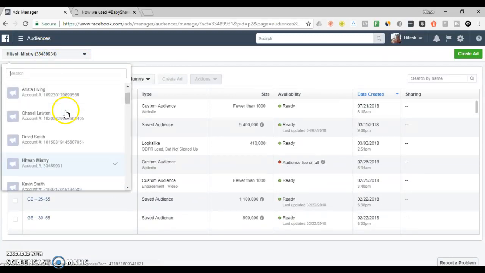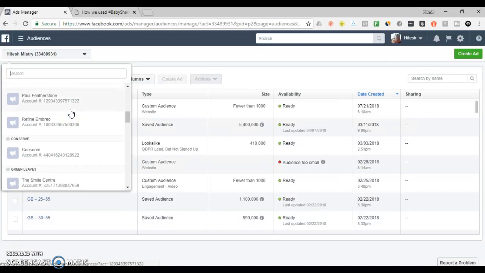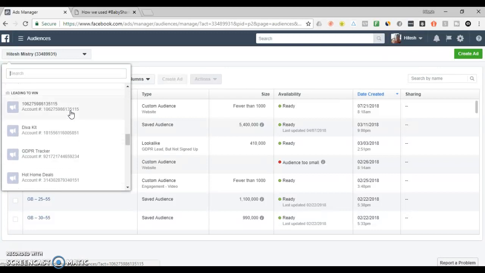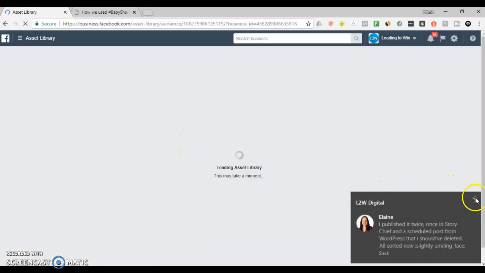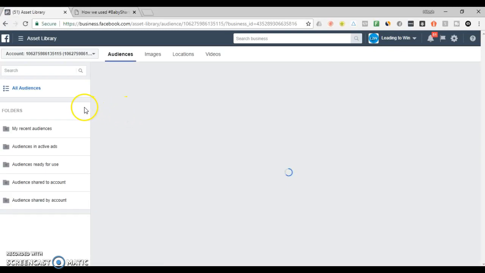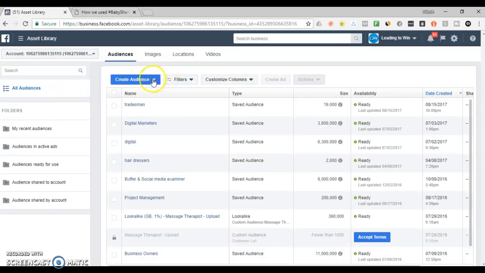I'll just select another ad account. Okay, so if you go to Custom Audience,